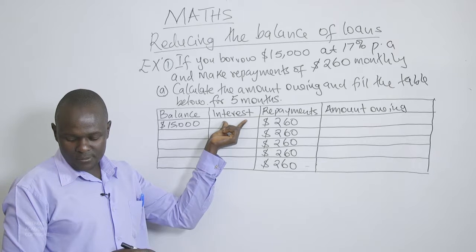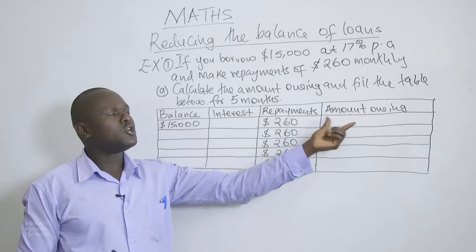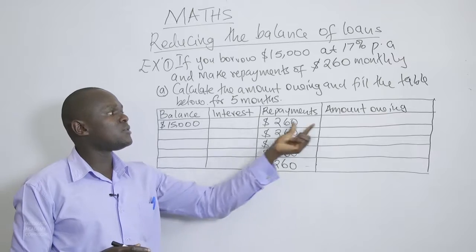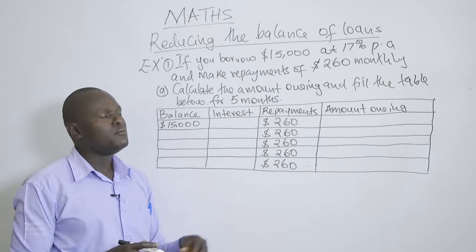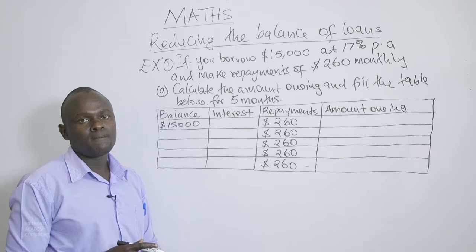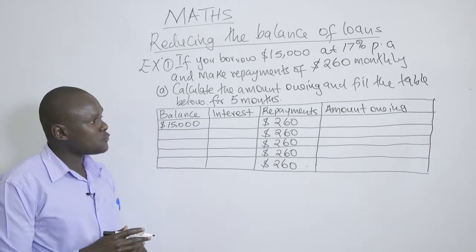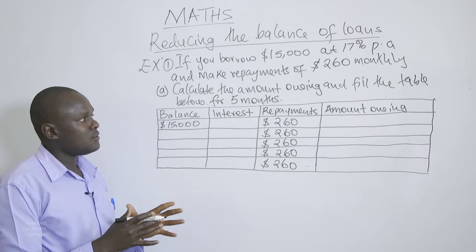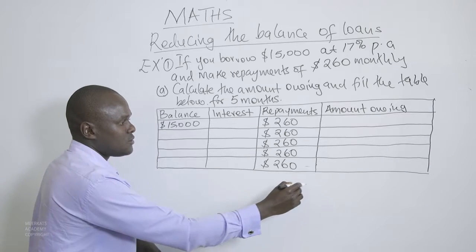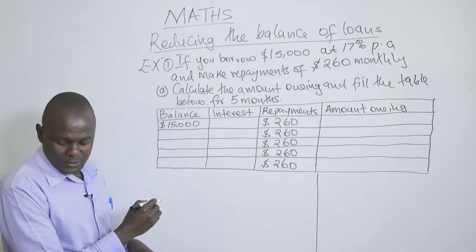Do we know the interest? We don't know the interest. Do we know the amount that is owed during the first period? We don't know. So we need to calculate these two before we fill them in this table. So for us to get that, we are going to calculate the interest and the amount owing every month. It is going to be calculated every month, and for that to be achieved,